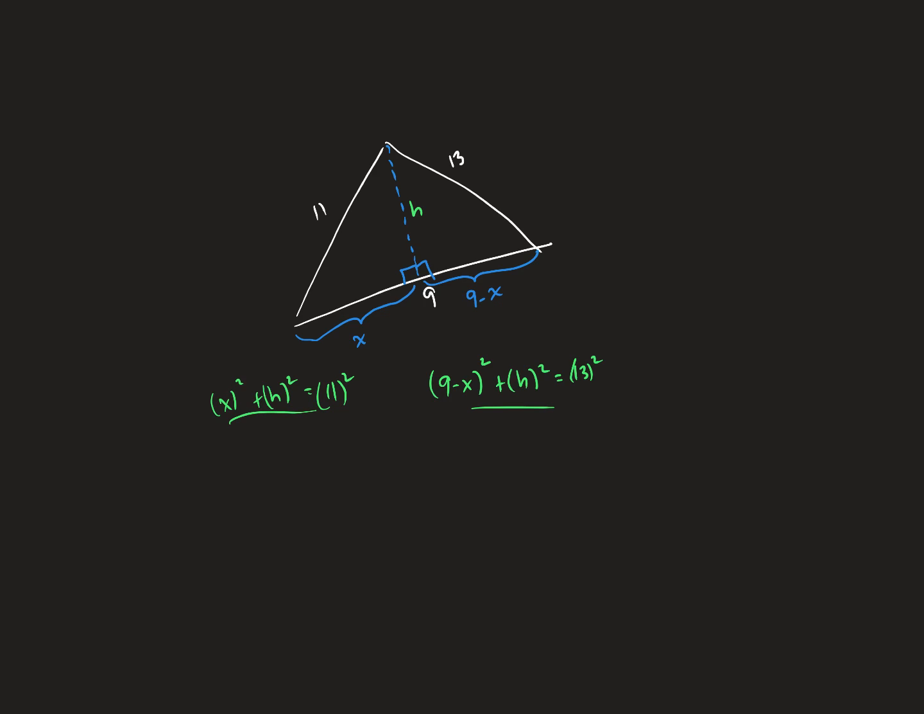So here's my hint for you. We're going to take the Pythagorean theorem for each of these, and we're going to get h squared by itself. And then since both of these things are equal to h squared, we're going to set them equal to each other and then solve